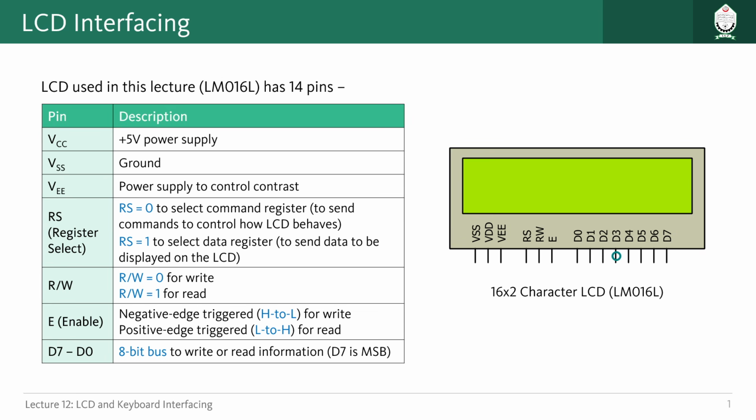After you do that, to actually latch that information, you have to use the enable pin. That should be either a high to low signal or a low to high signal. Only after that will the command you have given be activated. Okay,